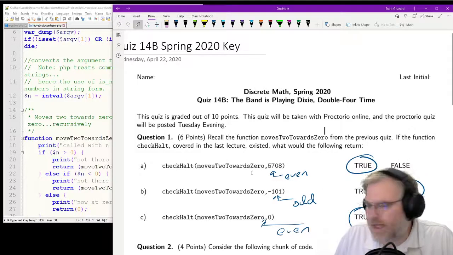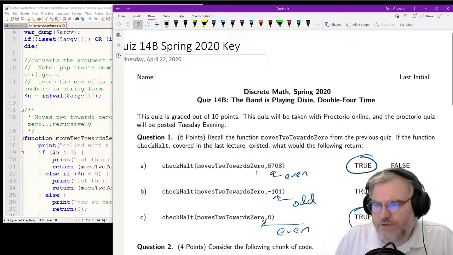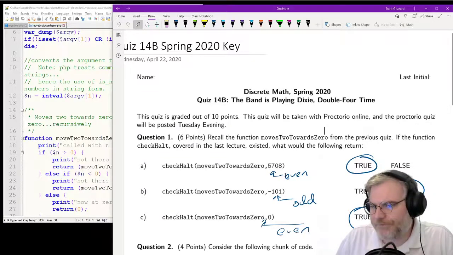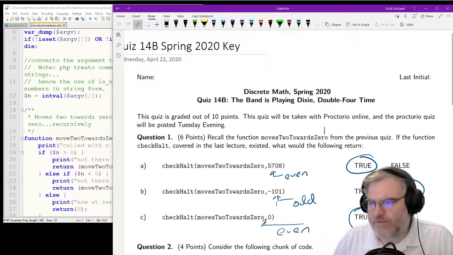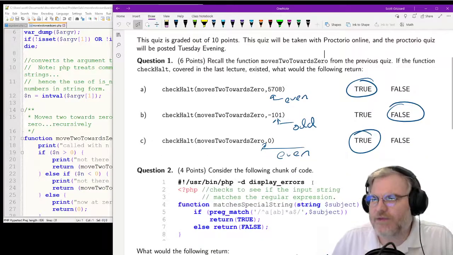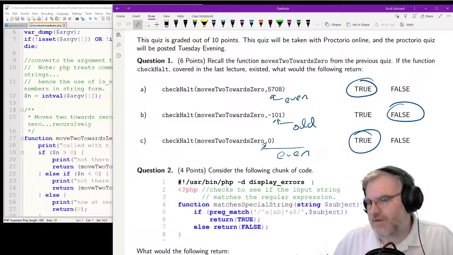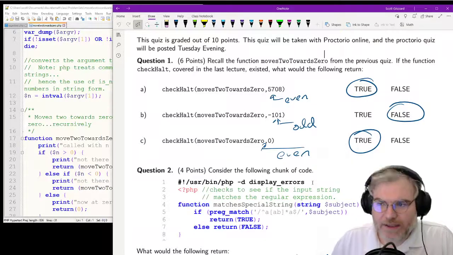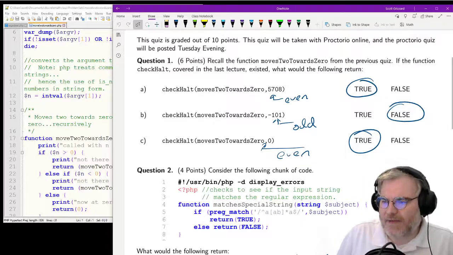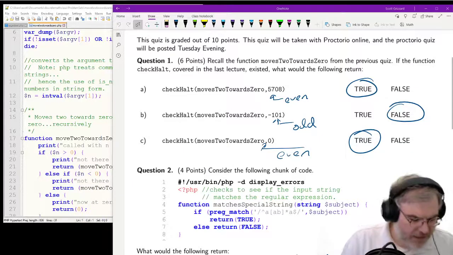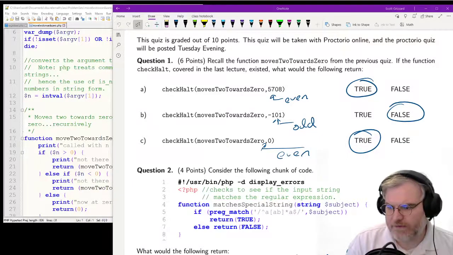So this is an even number. It's a very large even number, but it's an even number. And eventually this thing will move 2 down, and it's even. And because it will move 2 down, it will eventually terminate. However, this one is odd, so it will get stuck in that 1, -1, -1, 1, 1, 1, -1 type cycle thing, and it is false. And then the other one, 0, is an even number. It doesn't do any loops at all, so it just terminates. How do we feel, 1 to 5, about this particular question?